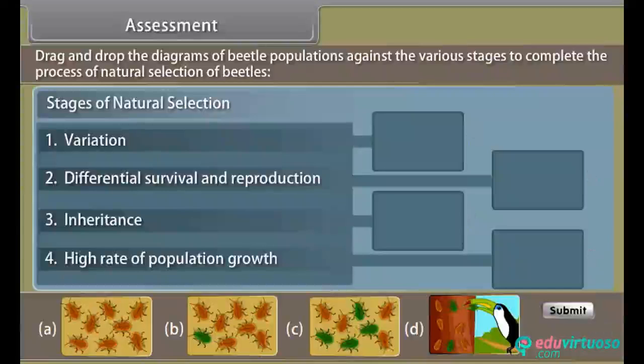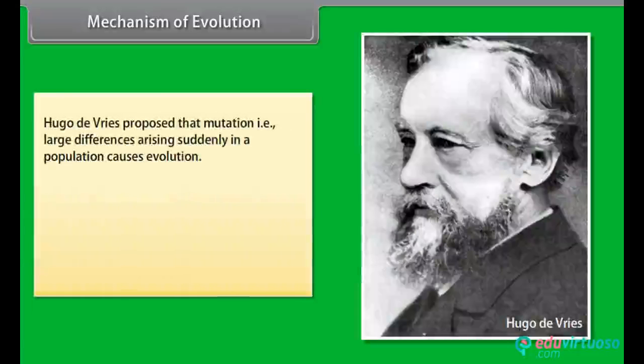Assessment. Before proceeding further, let us know how much you have learned. Drag and drop the diagrams of beetle populations against the various stages to complete the process of natural selection of beetles. Mechanism of evolution. Hugo de Vries proposed the mutation, that is, large differences arising suddenly in a population causes